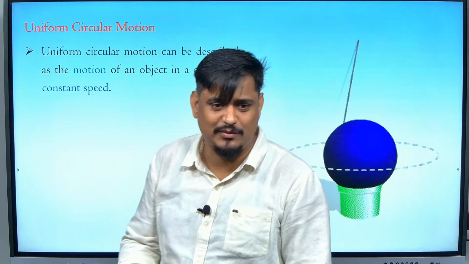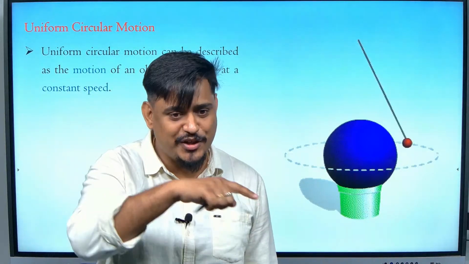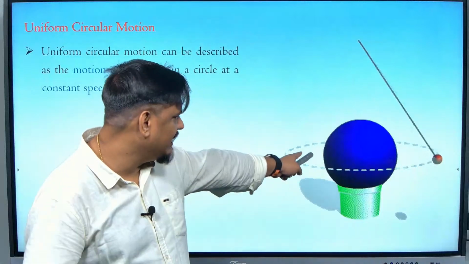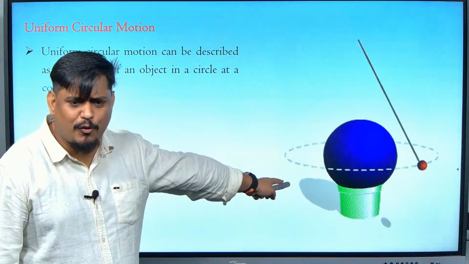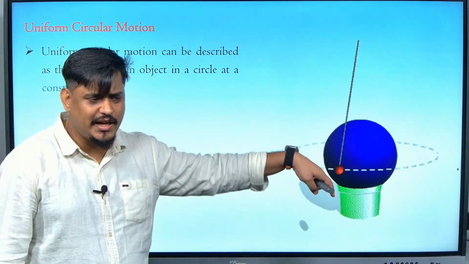You may think how the circular motion is becoming oscillatory. It is not oscillatory itself. Where is the question of SHM? You may think that if an object is moving in a circular path, very clearly visible to you, it is not having a to and fro path. Is it having a to and fro path? No, right? How is it going? Circular motion.